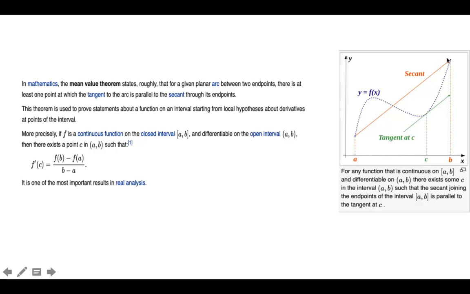So what the mean value theorem says is that somewhere between A and B, there is a point, we'll call it C, where the line tangent to that point has exactly the same slope as the secant line, and that this point C will lie somewhere between A and B on the open interval. So this is an extremely important theorem in